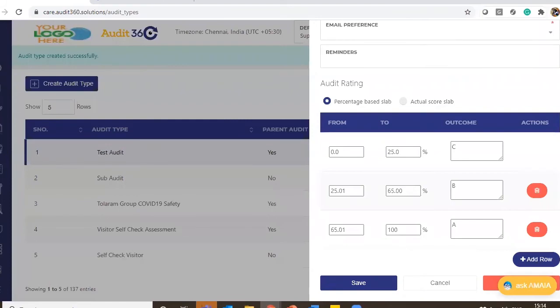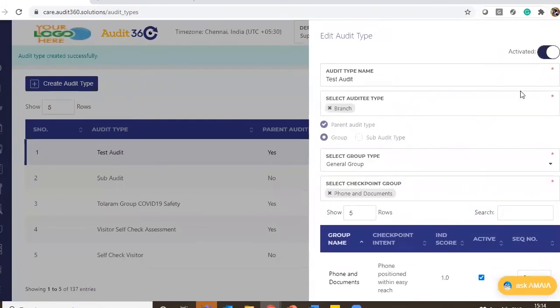And there is one more feature, if you could see here, there is an activated button. This activated button specifies that the audit type is active.